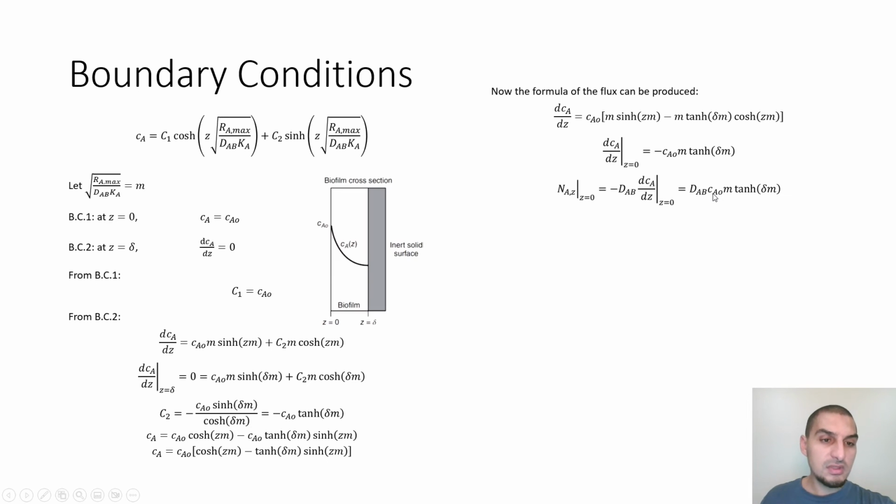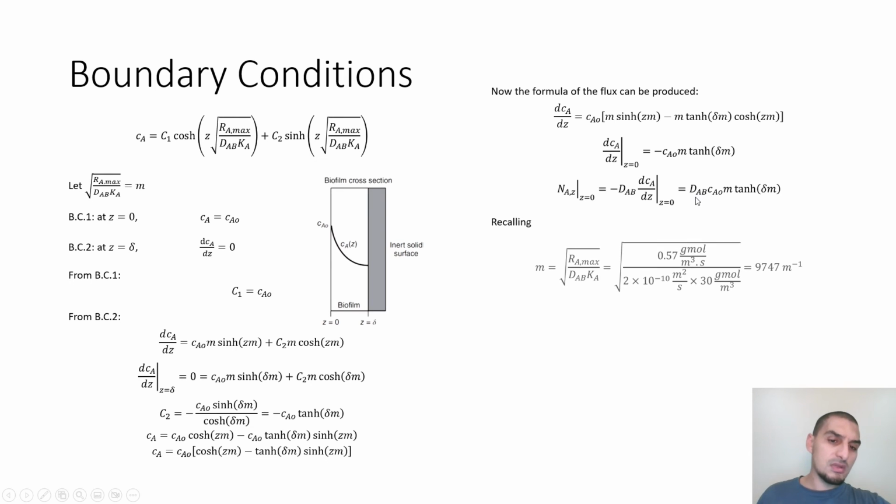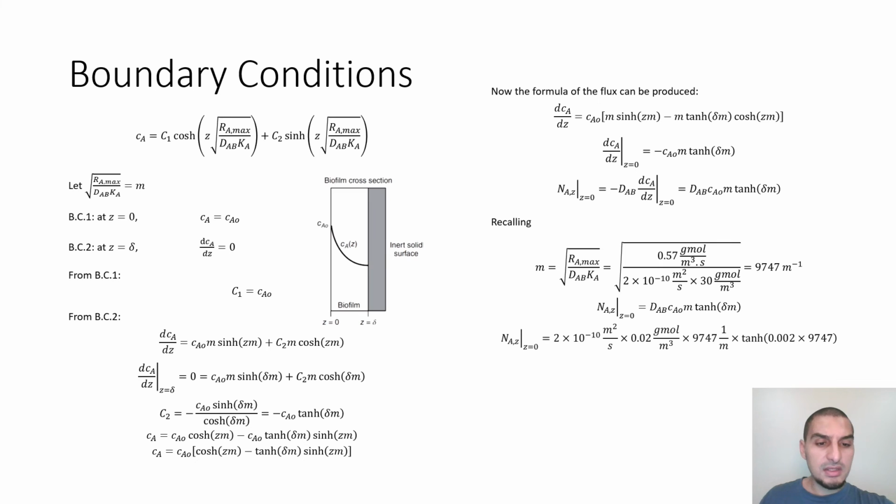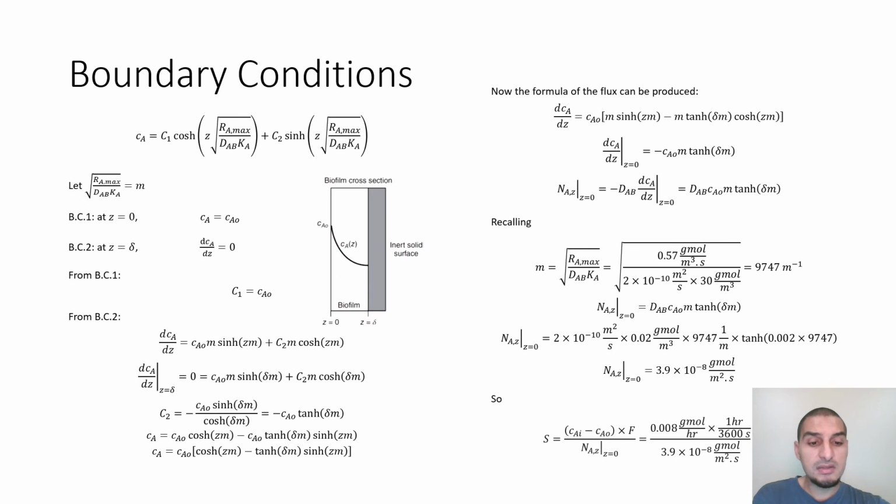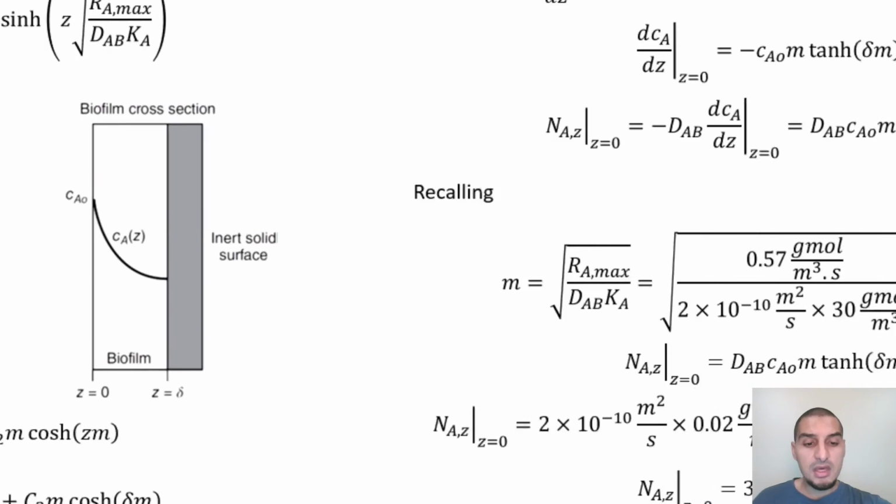I have CA node, or CA out, which is 0.02. I know the diffusion coefficient, so I know everything. So I can substitute. Now I can calculate M, and now I can calculate the flux by substituting with the data that I have or I know. And then from everything we have here, we can calculate N at Z equals 0 to be 3.9 multiplied by 10 to the minus 8,